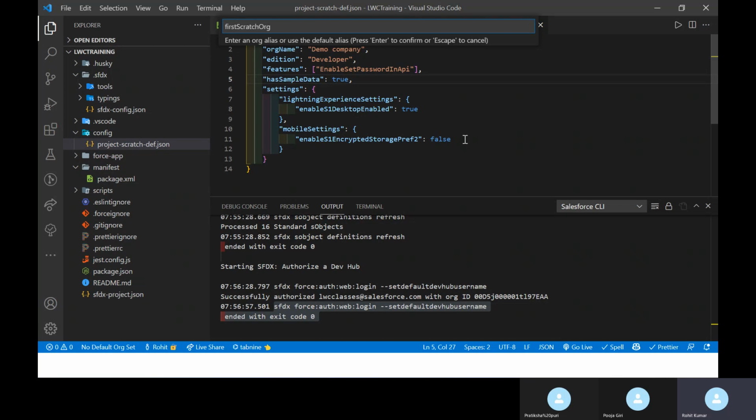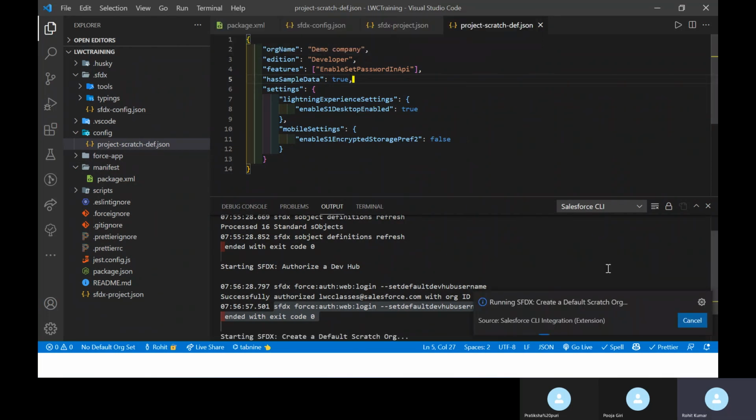So you have to enter your scratch org alias, like first scratch org, and hit enter. It's asking me to enter the number of days. Here you can see 1 to 30 until the scratch org expires, and the default value is 7. It's automatically taken by this command as 7 by default, so you have to enter 30 manually and hit enter. You can see it creating a default scratch org. At the bottom you cannot see any scratch org right now. After some time you can see it, but for now one process is going on.